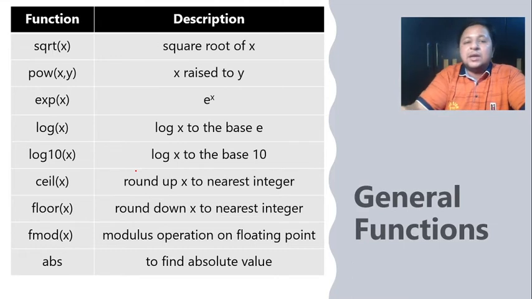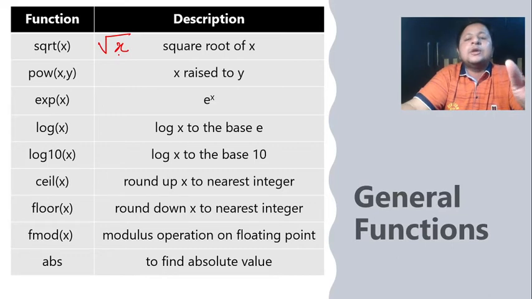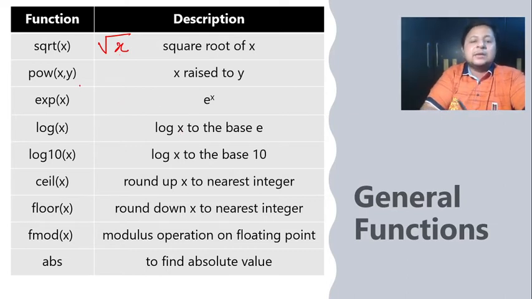So the first one is sqrt. It is obviously going to calculate the square root of x, right? The only constraint, which is the very obvious constraint, is the value of x, that is the argument, must be non-negative. Because you know that if at all I try to calculate the square root of a negative number, it is not going to be a real value. So it goes out of domain because it leaves the real domain. So you would be getting a domain error, and the program obviously will be abruptly closed. So that particular care must be taken.